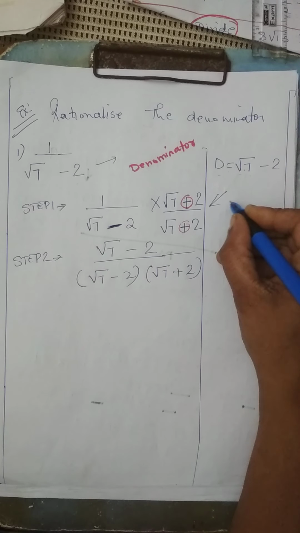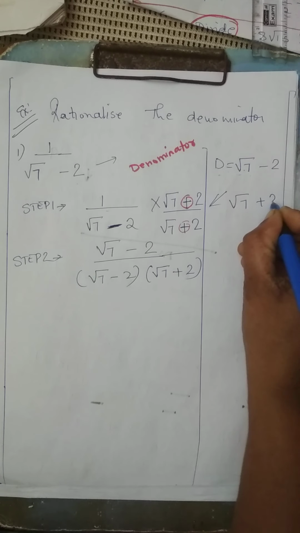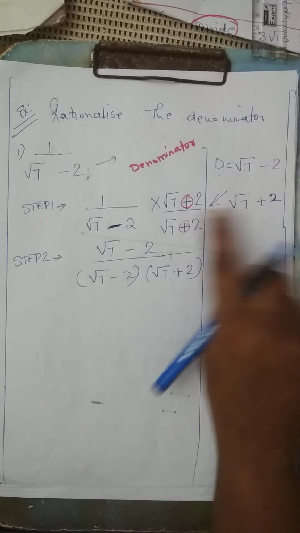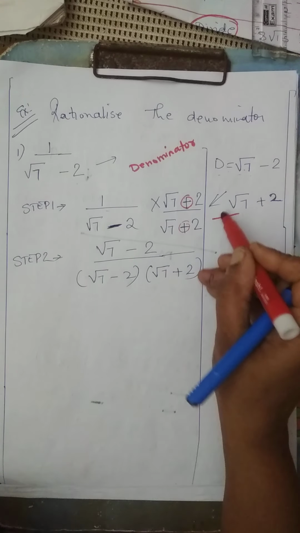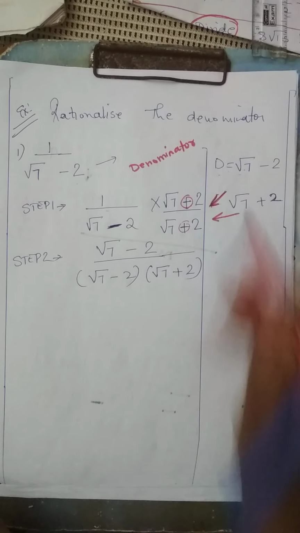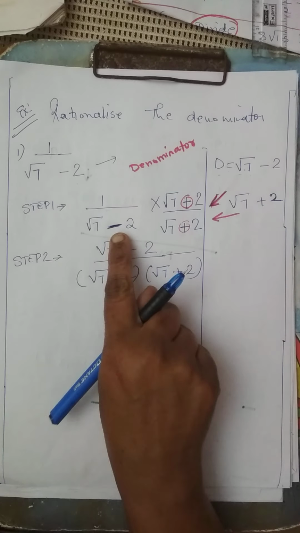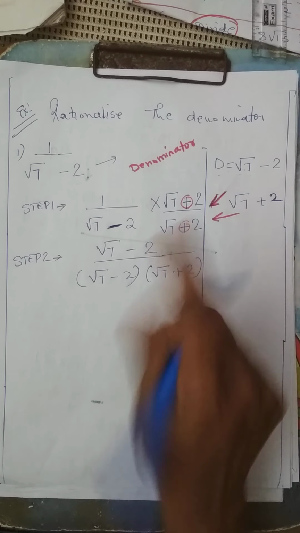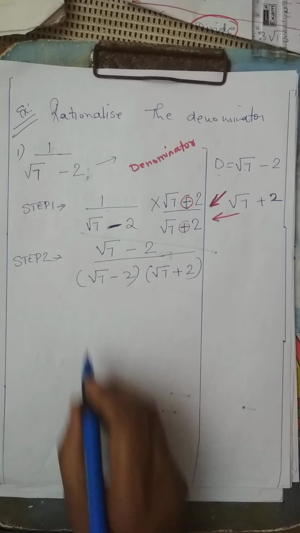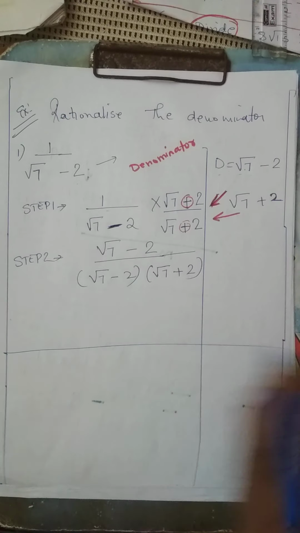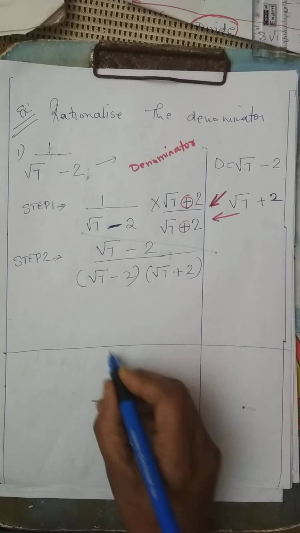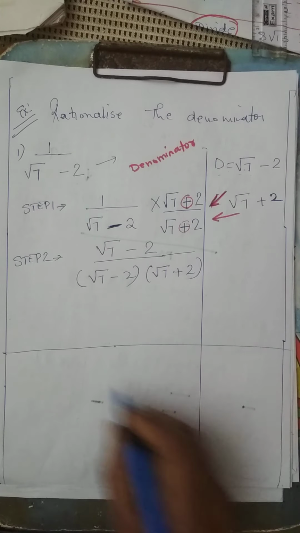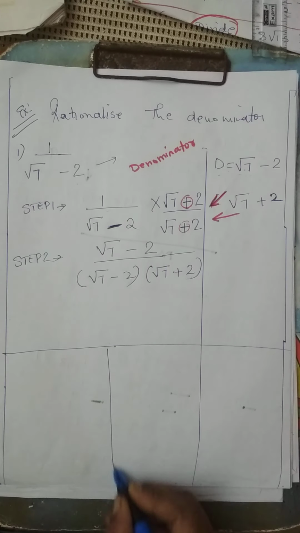So we take the denominator and we take the opposite sign of it. So what is the opposite sign? Root 7 plus 2. Okay? Root 7 plus 2. And then we multiply both. So if there was a plus here, then it would be minus here. And if there is a minus here, it has to be plus here. So now we solve this in two ways. Okay, so we'll keep place here.